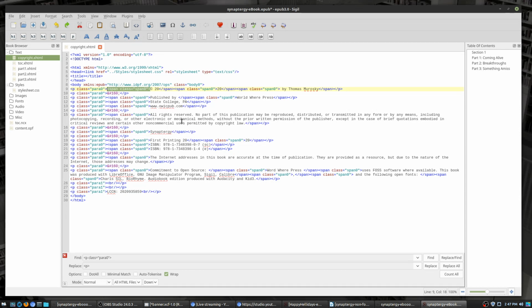First thing I'm going to do is get rid of all of this span. So we can see span class 0. I'm going to come down to the very bottom and type in what I want to do. It's a span. I don't want any spans in the system. We might do some italicized things later. We'll look at the manuscript to make sure there's none of those. But I'm going to replace spans with nothing. I'm going to go down and select all HTML files down here at the bottom, and I'm going to replace